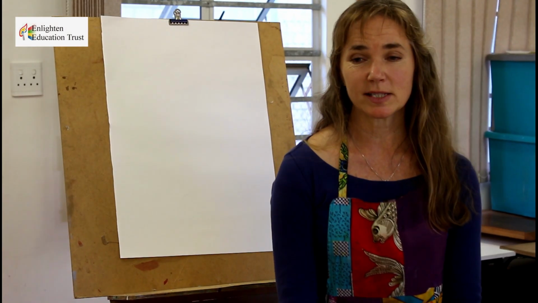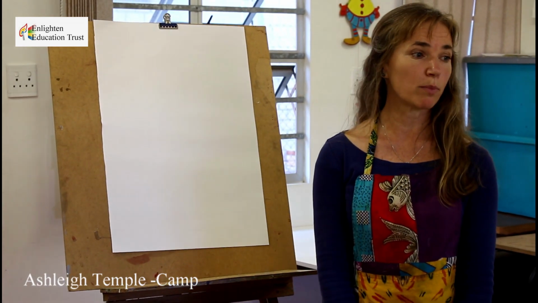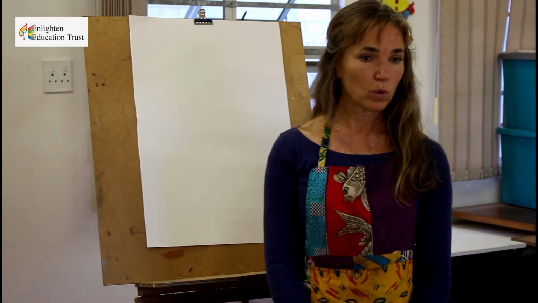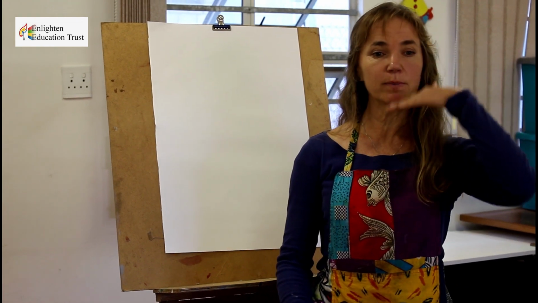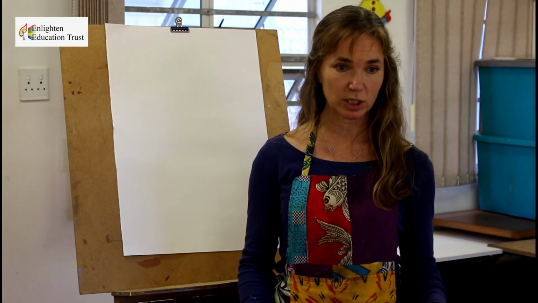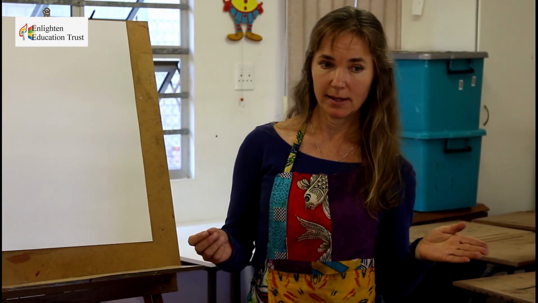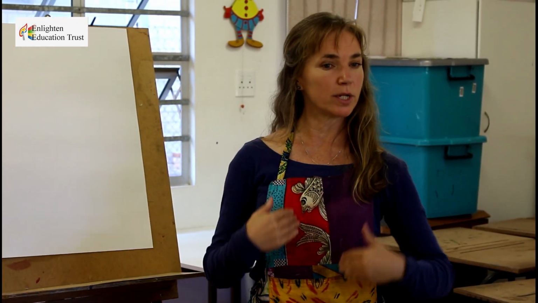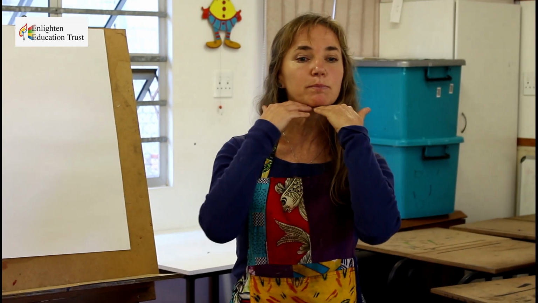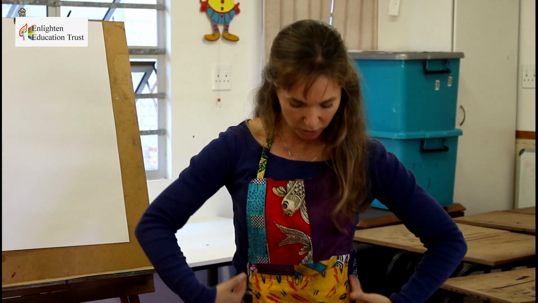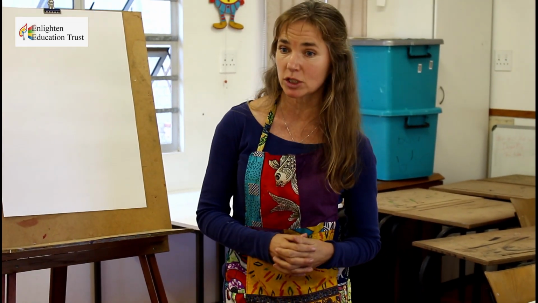Right, before we start, we're going to talk a little bit about proportion. Now, proportion is when we look at the different parts of the body in relation to each other. So when the human body is in proportion, that means that the body is harmonious. In other words, the head is proportionate to the arms, which are the right proportions in relation to the legs,